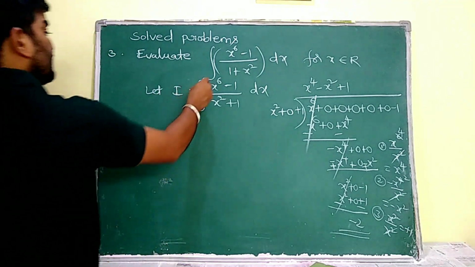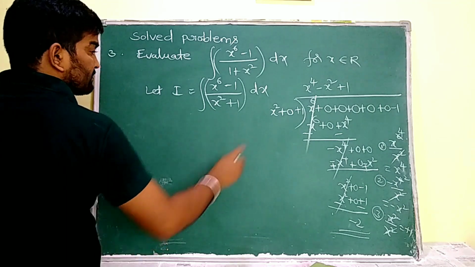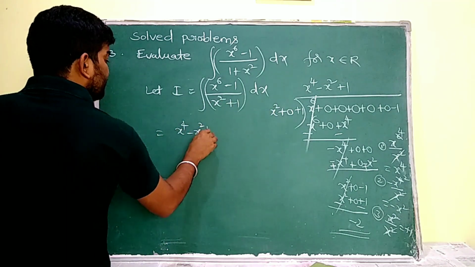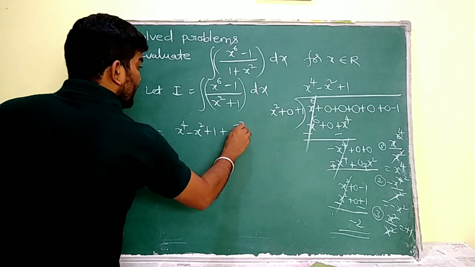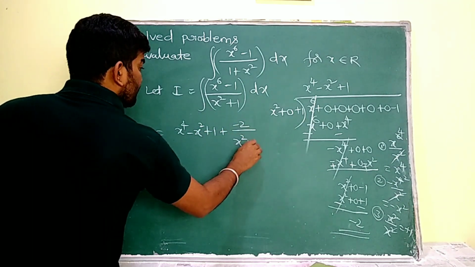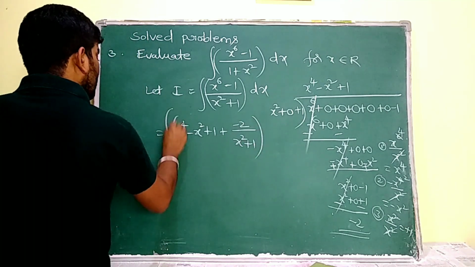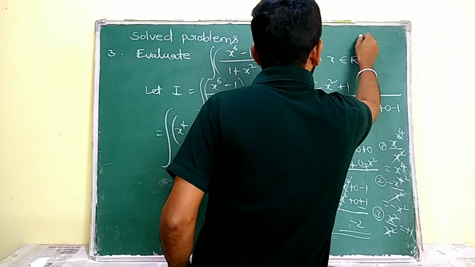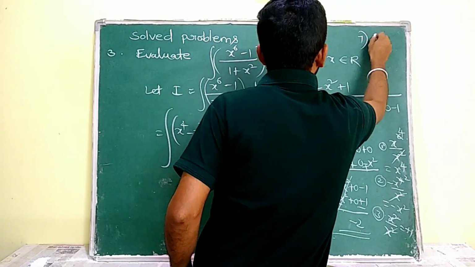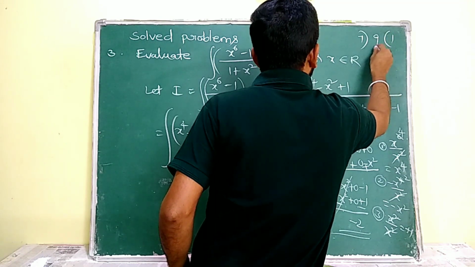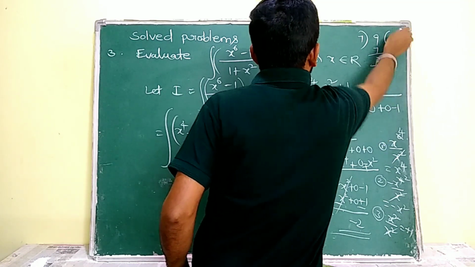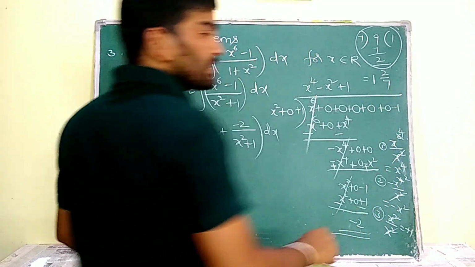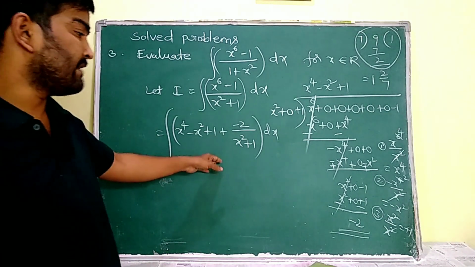Now I am going to write the integral of (x power of 6 minus 1) by (x square plus 1) as x power of 4 minus x square plus 1, plus minus 2 by x square plus 1, whole dx. Why? Whenever we write a division, for example, I am dividing 9 with 7: 7 ones are 7, 2 left. This entire division is expressed as 1 and 2 by 7, that is quotient and remainder by divisor. The same we did here.